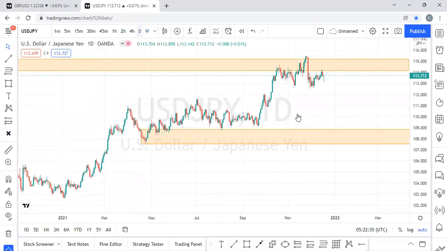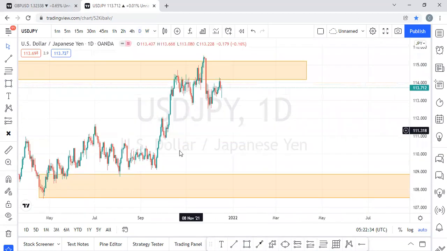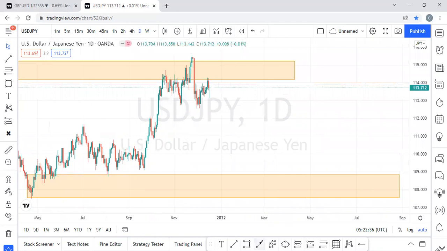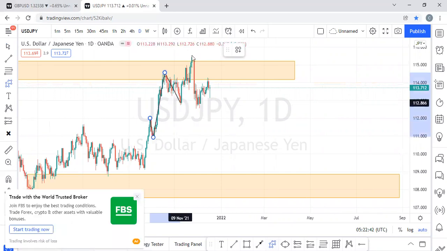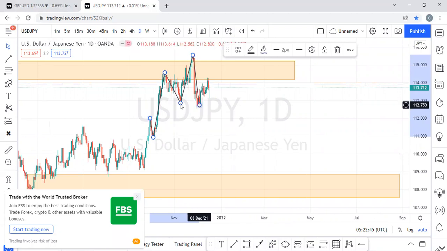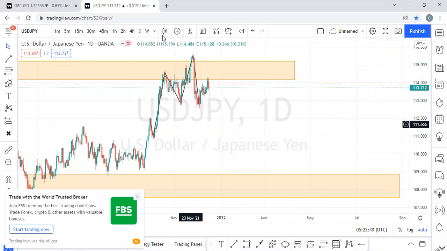Using the daily time frame, we can see that this market is pretty bearish. What do I mean by pretty bearish? You can see the market made a higher high, higher low, higher high, higher low, and then the higher high. Look at this as a break of structure. Why? Because the market closed below this point. So to confirm if it's a break of structure, we bring out our line chart